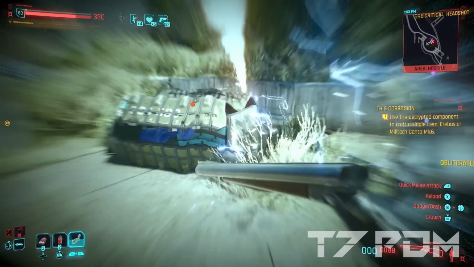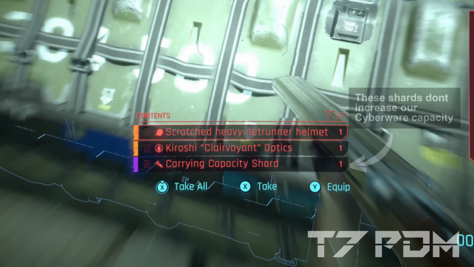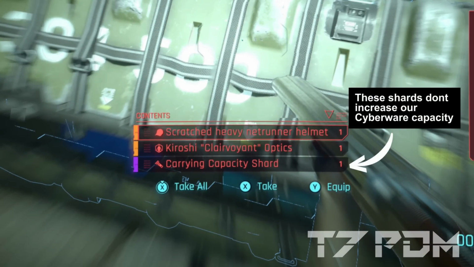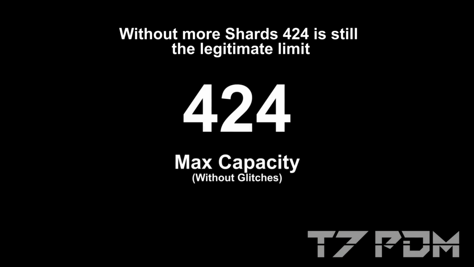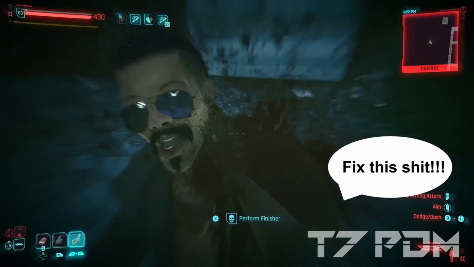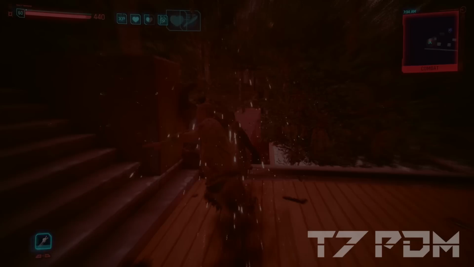I also tried the airdrops again, and even the airdrops are still giving me only carry capacity but not cyberware capacity. With the current amount of shards, the legitimate maximum capacity is still 424, and only if you use the Chrome processor. So it is more important than ever that CDPR is also fixing the capacity shards, because the floating